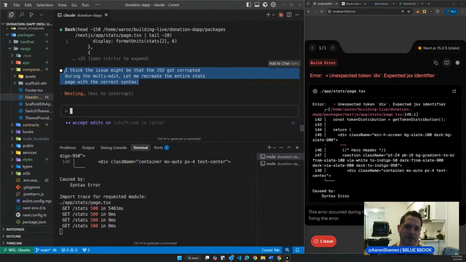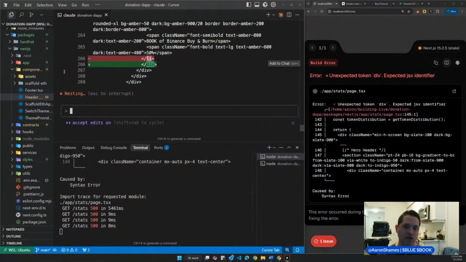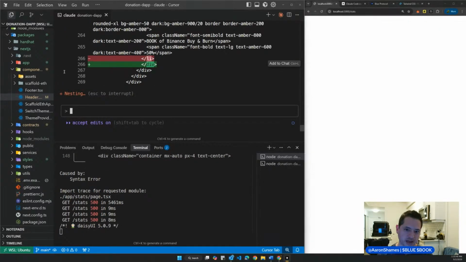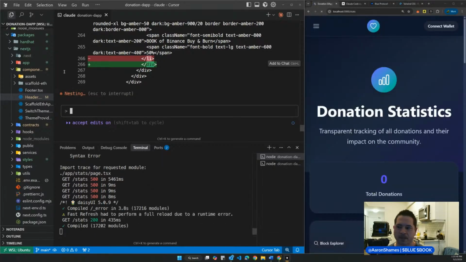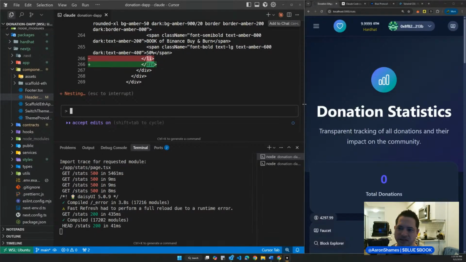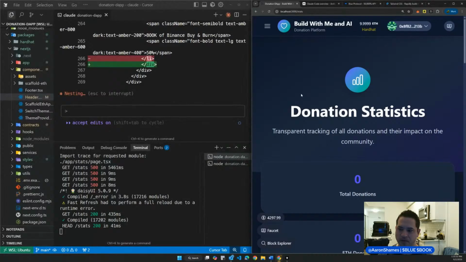Just say that you have a more mature project and you're having a problem on a specific page where it's already working 99% of what you're looking for, and there's already been a ton of work put into it. Sometimes it'll just say, oh, I can't figure it out, I'm just going to make a new page from scratch. A lot of times that's not what you want. So you would just want to stop it and say, no, let's just fix that little issue, whatever that issue might be, right? In this case, I didn't really care. I was okay with it doing that, but